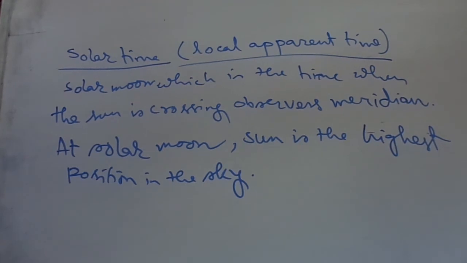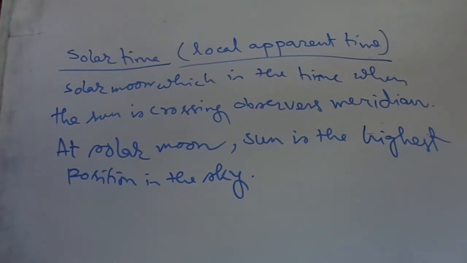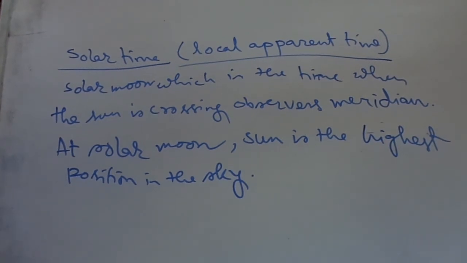Solar time equals standard time plus or minus 4 times (LST minus LL) plus E, where LST is the standard longitude for measuring standard time, and E is the correction arising out of variation in the length of the solar day due to variation in the earth's rotation. So that is the solar time.